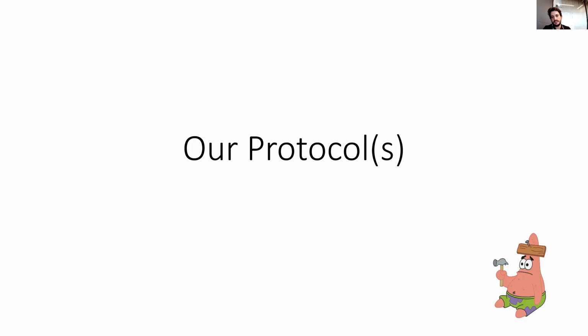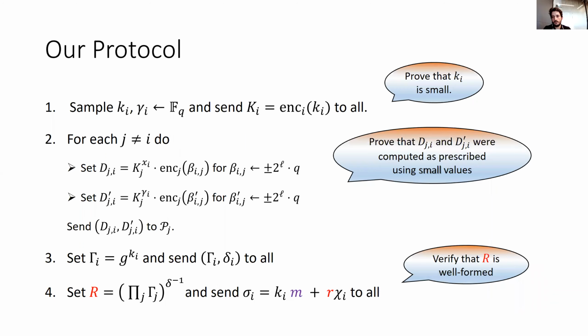So we use the same template for malicious compilation, which I remind you goes something like this. So prove something about capital K, then prove something about the Ds, and check that the nonce is well formed. So starting from the bottom up, our first